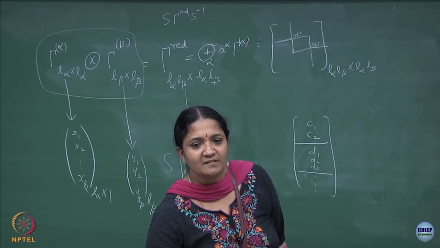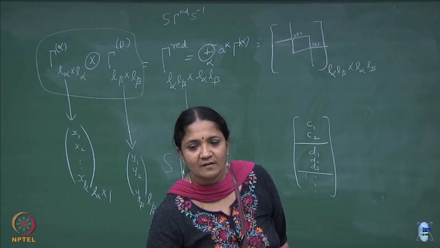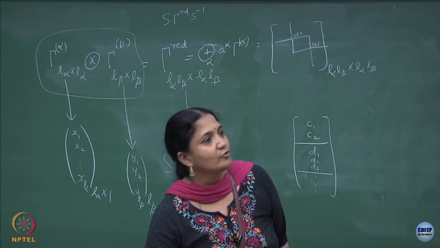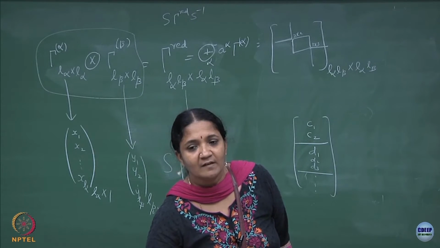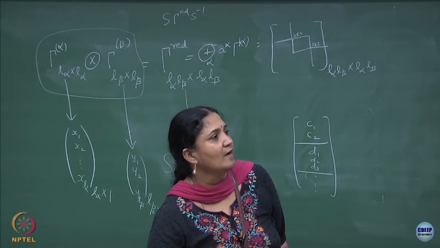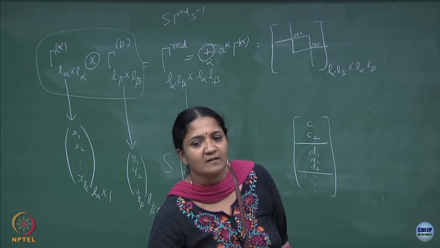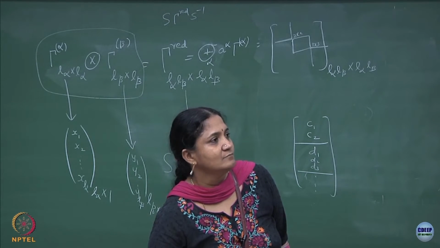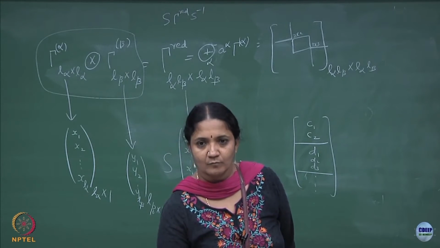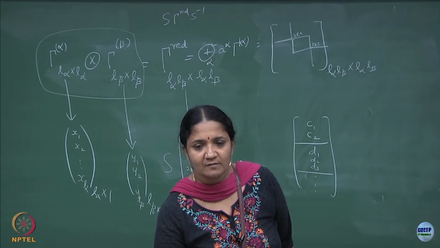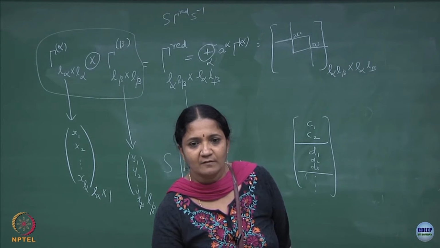And remember these identities from the great orthogonality theorem, which we have derived. This will give you the multiplicity of an irrep gamma alpha, how many times it occurs in the reducible representation. Okay, so this I will skip for the time being, I will come back to this. Let me get to an example.